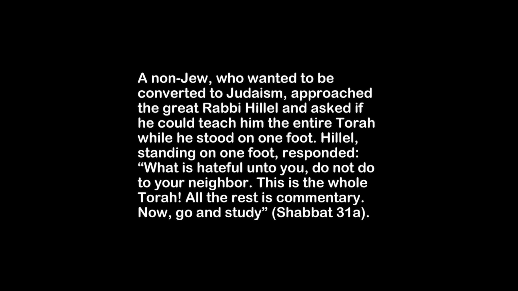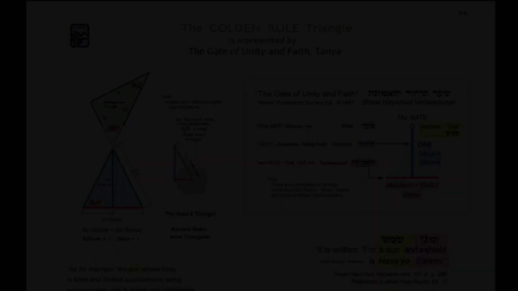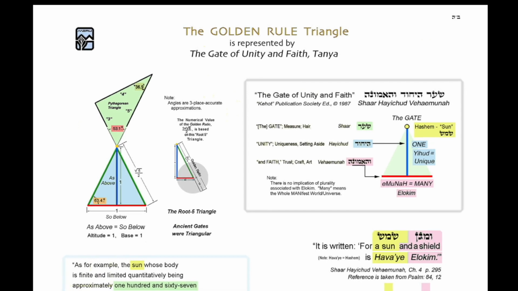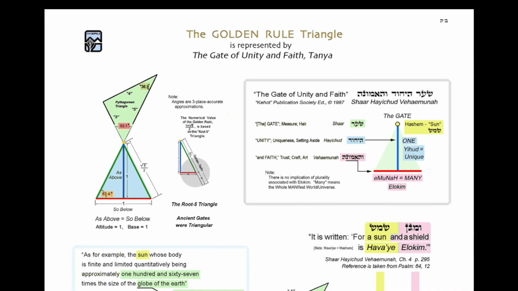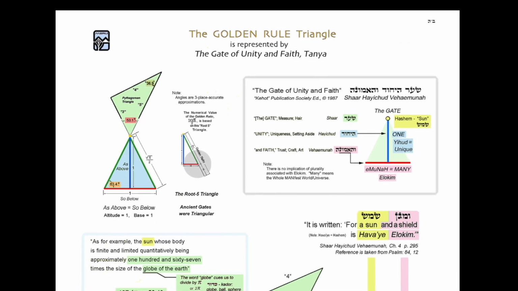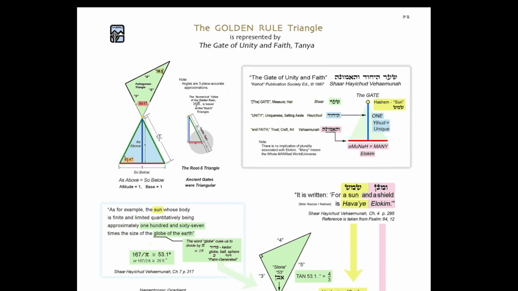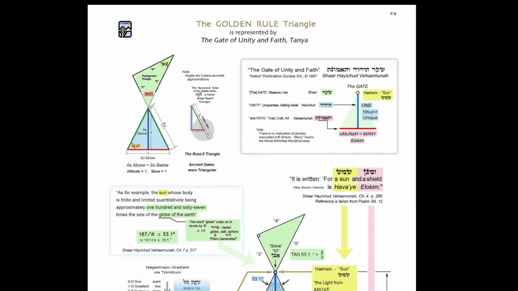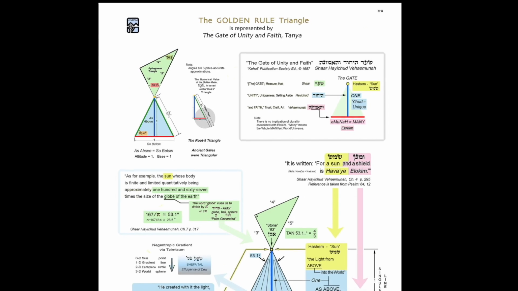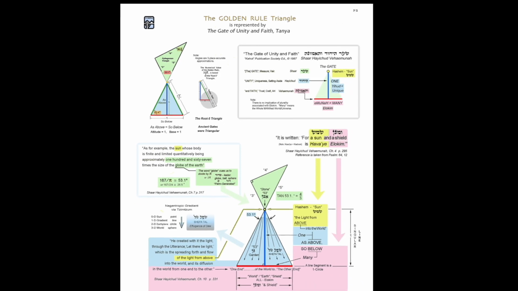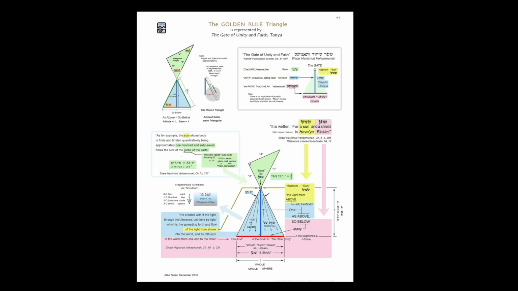Why is the Golden Rule so important, so central? Philosophers and scientists agree. Artists agree. The golden proportion shows up in many places. The golden proportion is an analytic representation of part of the Golden Rule. And more recently, I've realized that there's more than one Golden Rule. I was only looking at one, the one on the first poster that I came up with. I was thinking about what is the geometry that represents the Golden Rule. Don't do to others what's hateful to yourself, or do unto others. But that one, I couldn't get any place with.